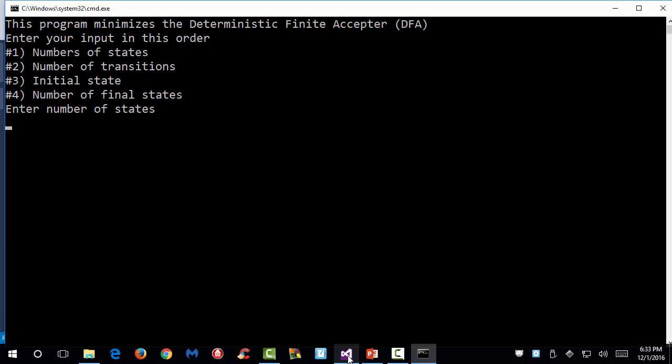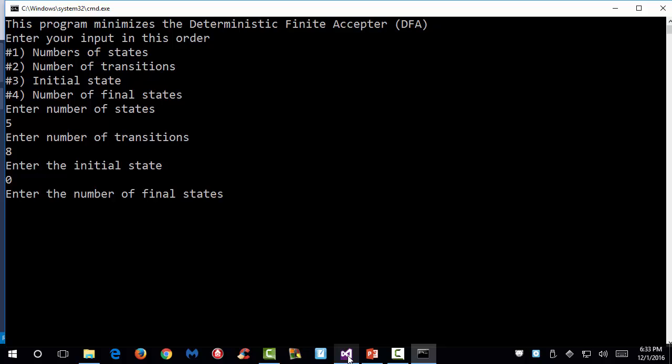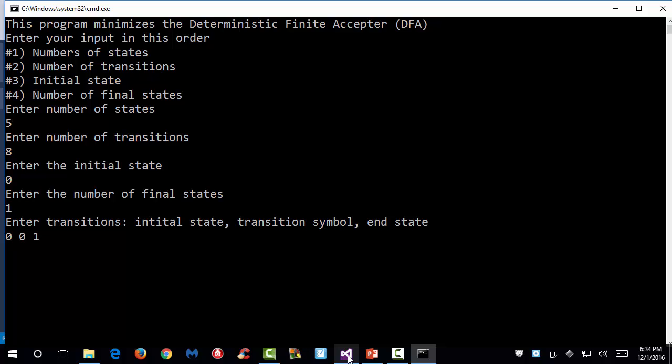So as Ethan explained in the previous slide, we're going to enter the number of states first. So we got a total of 5. The number of transitions, we got a total of 8. The initial state was included as 0. The number of final states, you only had 1. And starting from here, we're going to enter the initial state, the transition symbol, and the end state. And starting on that, we're going to enter